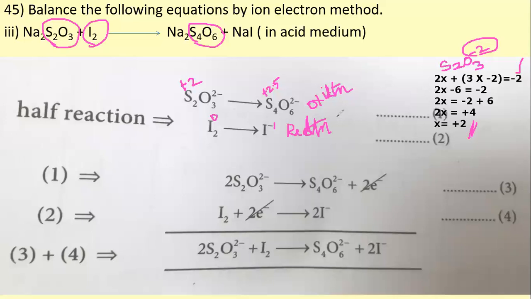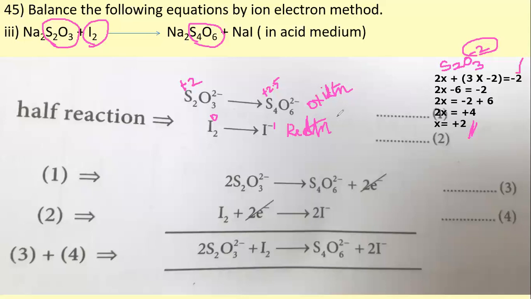See, after the half reaction, we have to check for the electron balancing also. See here, if we check for this first S2O3 2 minus, the sulfur in the reactant side is 2, whereas in the product side it is 4. So which means we have to multiply the reactant by 2 so that the sulfur gets balanced. So that only we did in this equation 3.